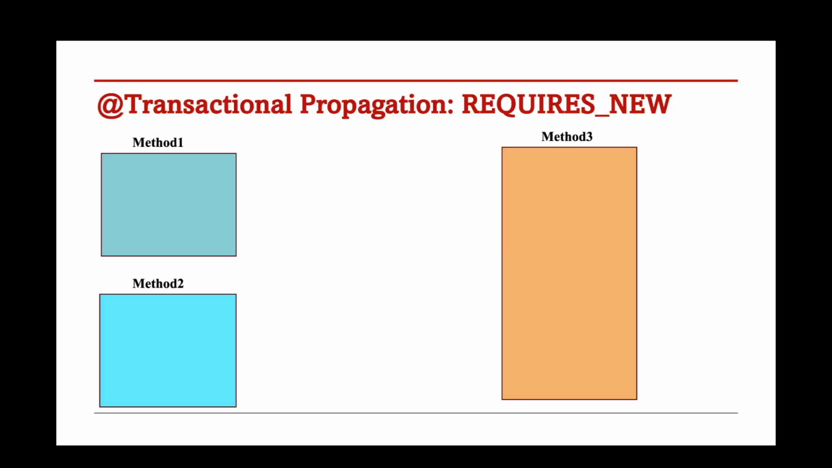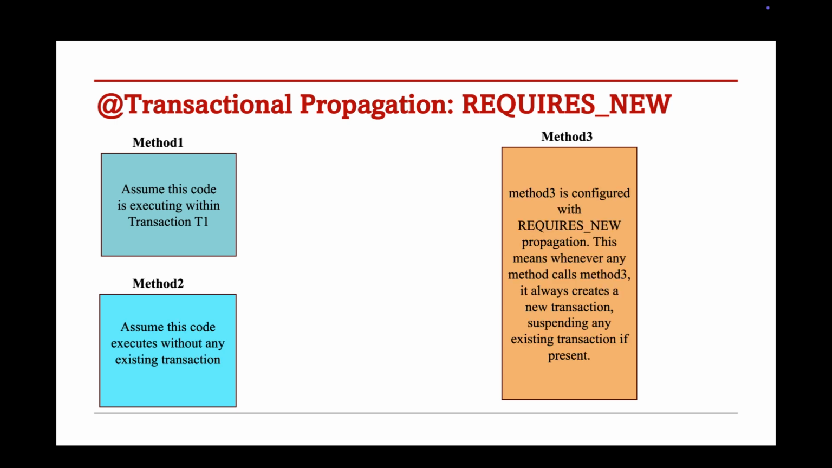Let's understand propagation.requires_new with a simple example. Suppose we have three methods: method 1, method 2, and method 3. Method 1 is executed inside an existing transaction, let's call it T1. Method 2 is executed without any transaction. Method 3 is configured with